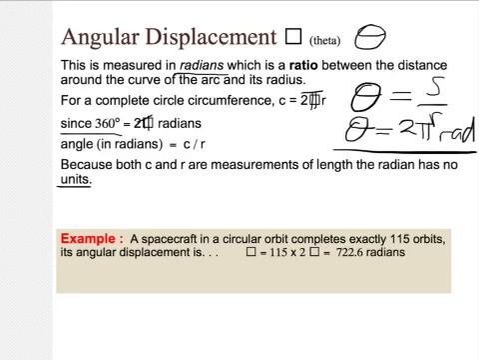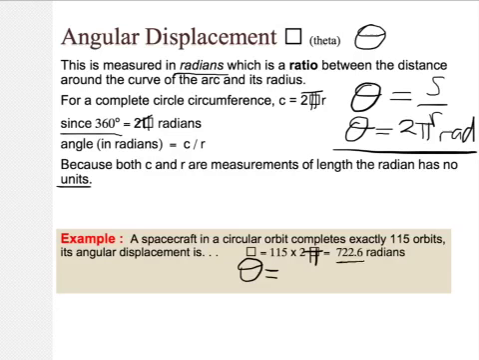Here's an example. A spacecraft in a circular orbit completes exactly 115 orbits, and so what would be its angular displacement? Well, we can use this same equation we've just seen before. The missing thing in the box here, of course, would be theta. So that's theta equal to 115 times 2 pi, because that's 115 revolutions, and each revolution is 2 pi radians, so we get a total of